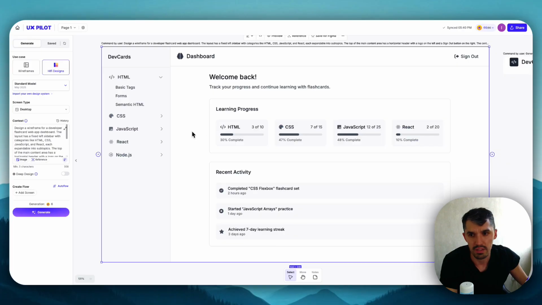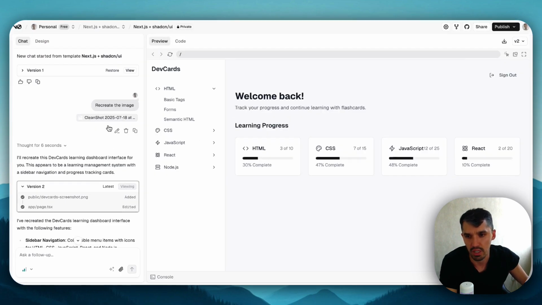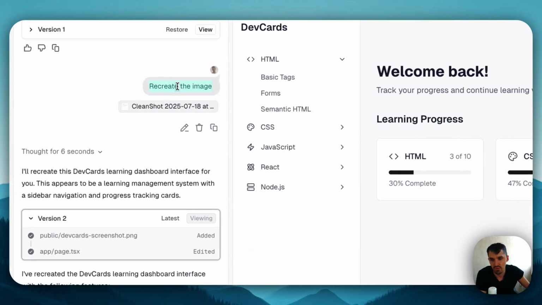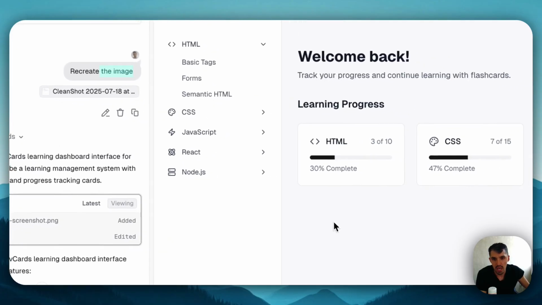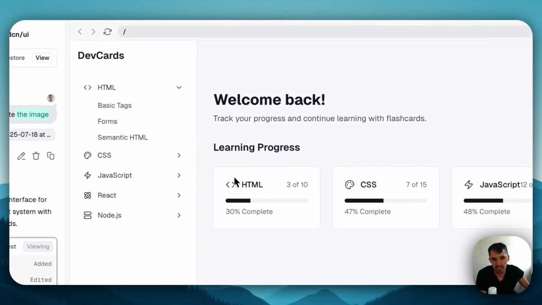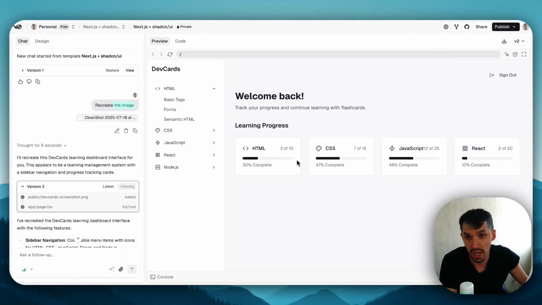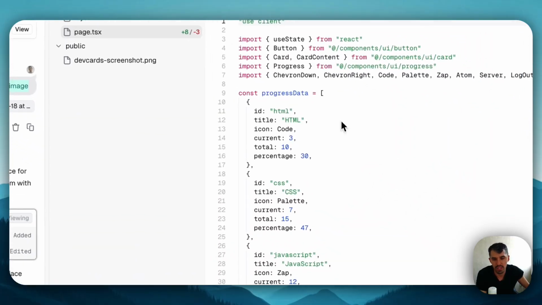So again, yesterday this was the design that I kind of liked by UX Pilot, and the first stuff I did is went to V0, and as you can see here I have uploaded that image and asked it to recreate that image, and it did. It basically works, and the layout is what I asked,